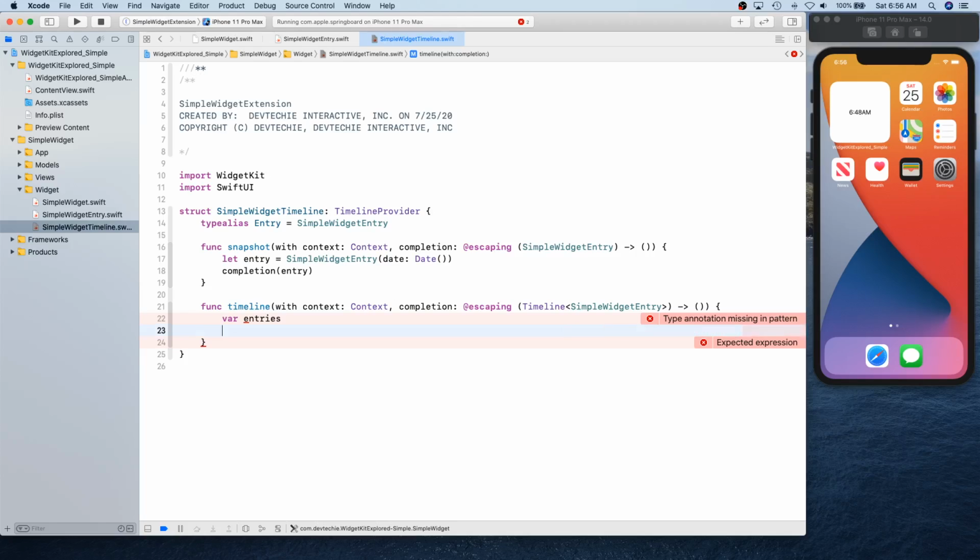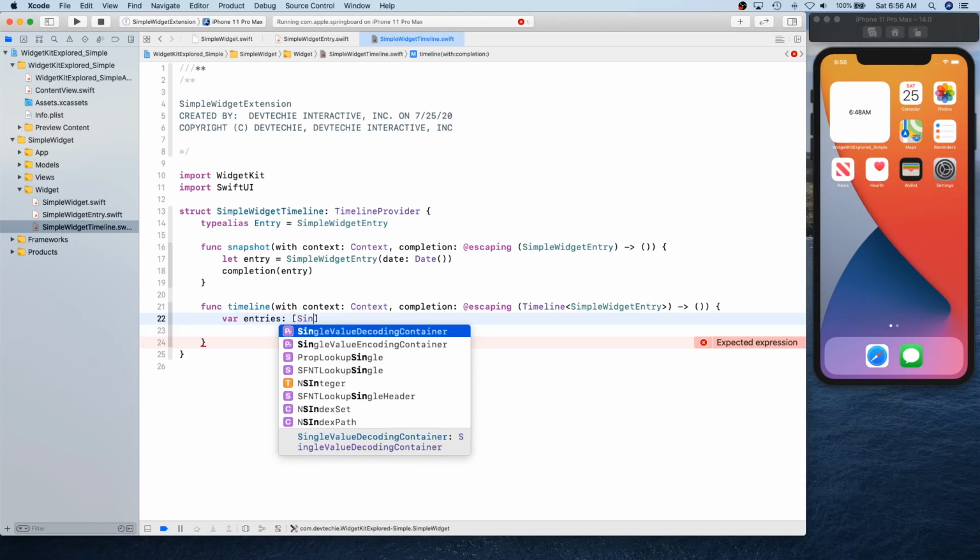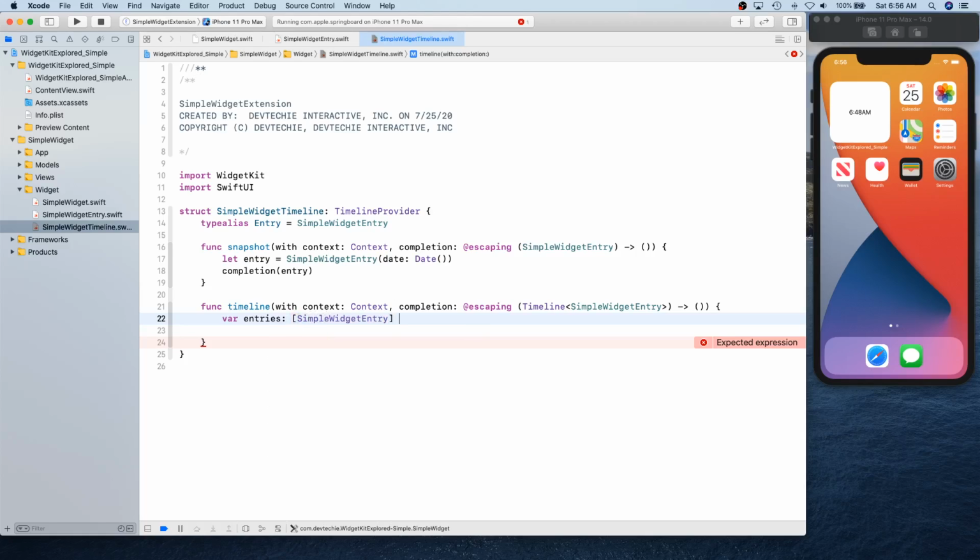So that's what we're gonna do. We're gonna create a collection of entries. So simple widget entry collection, and we're gonna initialize with an empty array.